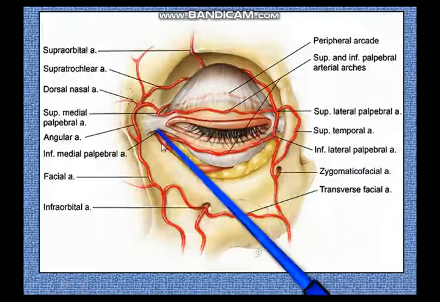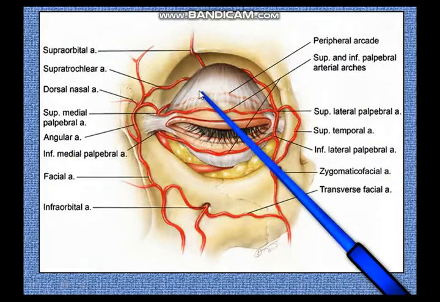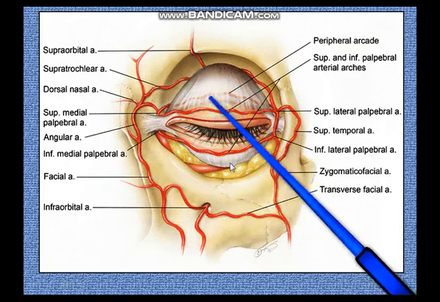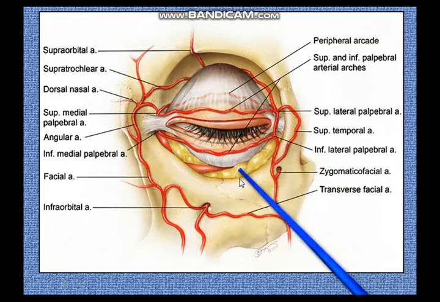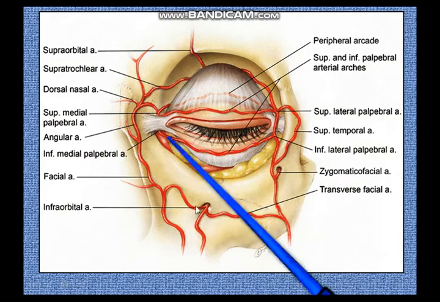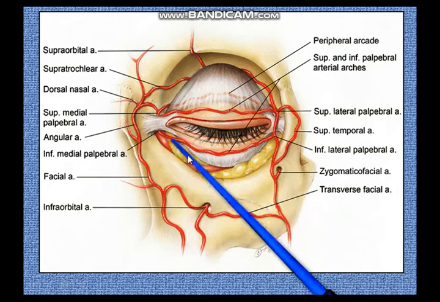Going back to the eyelids for a short time, we have studied the arteries and the veins, but we have not studied the lymphatics and the nerves. Now, lymphatics are very easy. For the medial part of the eyelids, or the medial half of the eyelids, the lymphatics go into the submandibular lymph nodes following the facial vein. So you have the facial artery here, you have the facial vein here. Follow the direction of the facial vein.